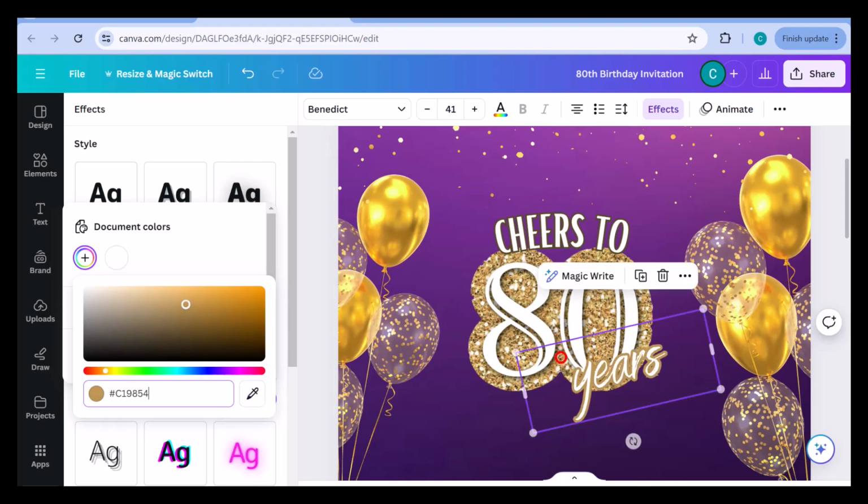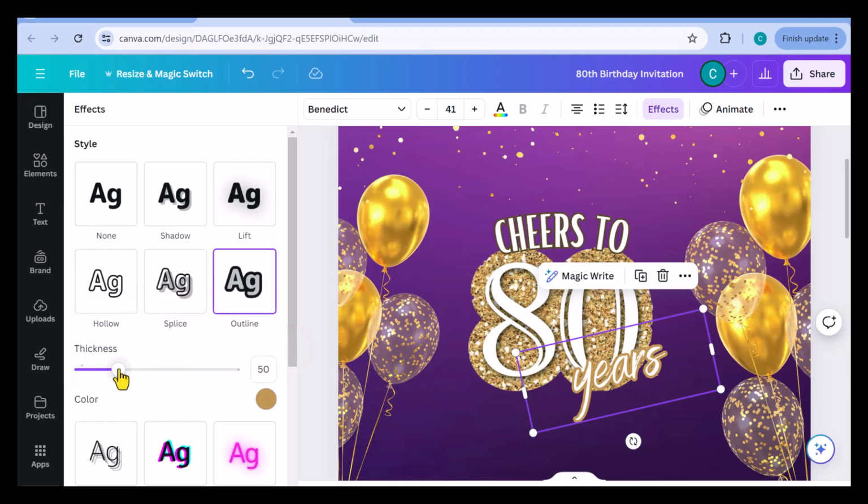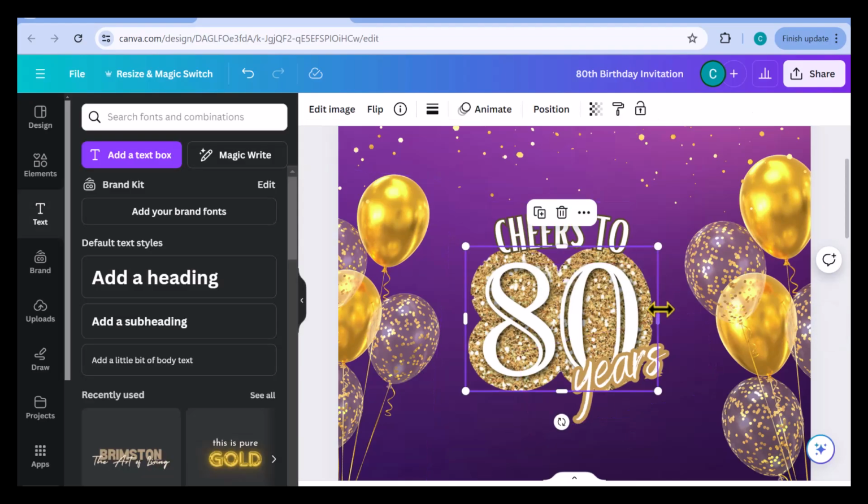And I'm going for one of the lighter bold colors. After that has been selected and I'm satisfied with it, I'm going to proceed to increasing the thickness of this outline. In this case, it is currently at a 75, and I believe that I will leave it there.